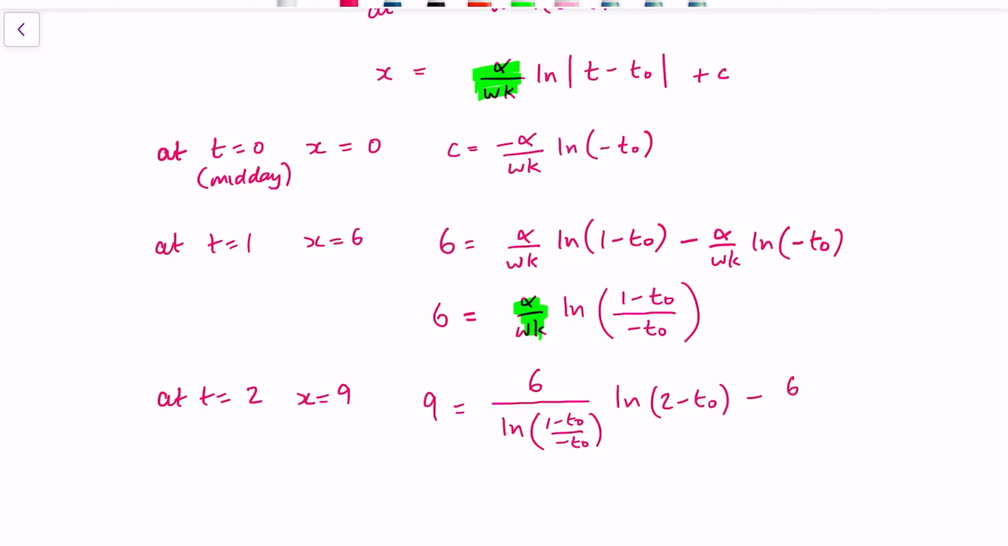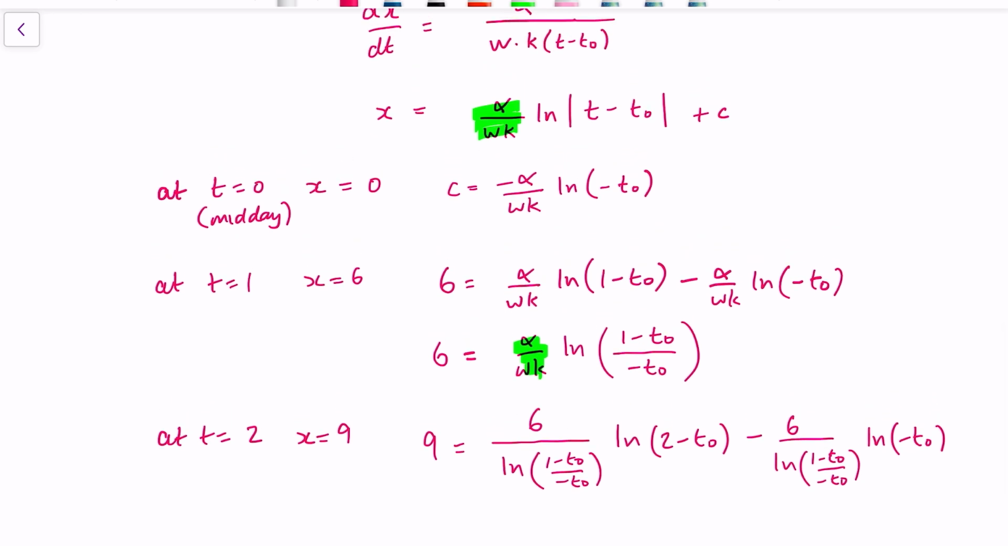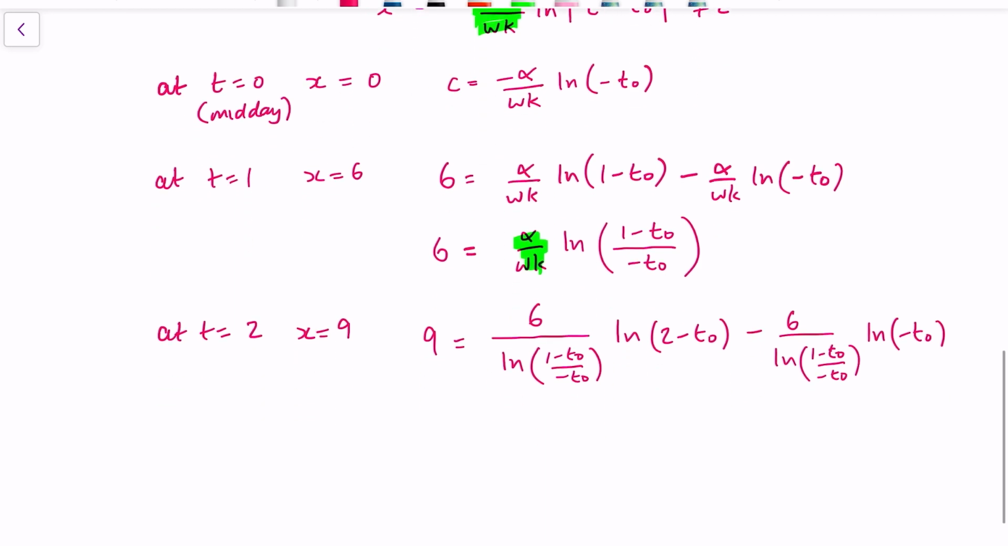So 6 over ln, this is getting messy, times ln of minus T naught. Okay, now I need to solve that equation for T naught. So I'm going to times everything through by the denominator stuff, the ln(1 minus T naught) over (minus T naught) thingy. So I've got 9 ln(1 minus T naught) minus T naught equals 6 ln(2 minus T